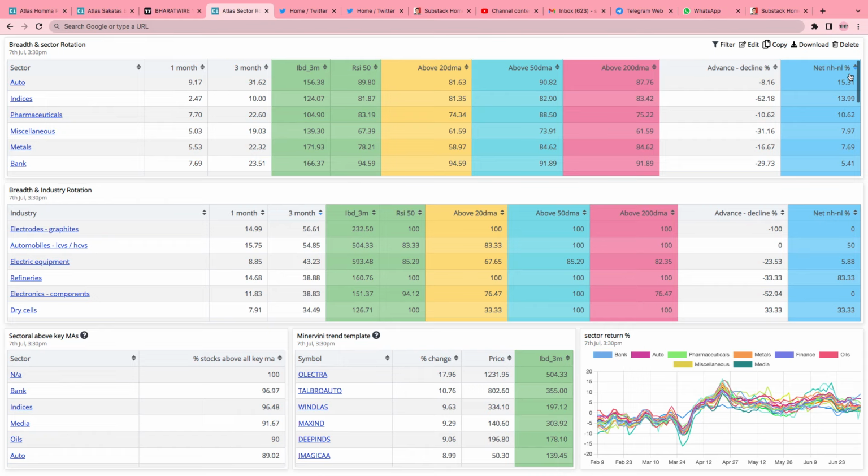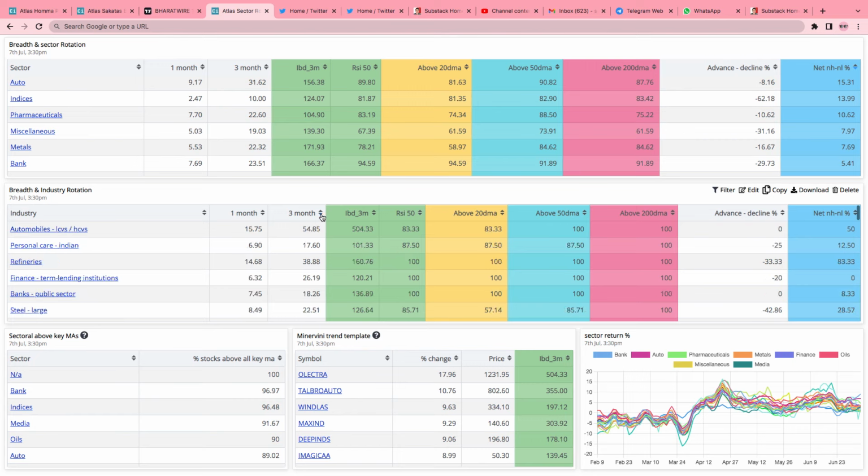The number of stocks which hit a 52-week high would be the sectors which are doing well, and those hitting a 52-week low will be the sectors which are not doing well. So if you then directly sort, you can see the strongest sectors will come out first: auto, pharma, banks. These are very strong. Now you can do a similar thing in breadth in terms of industry, and you can see